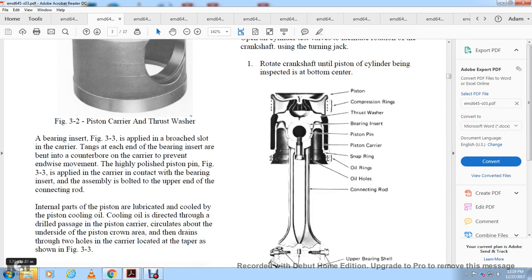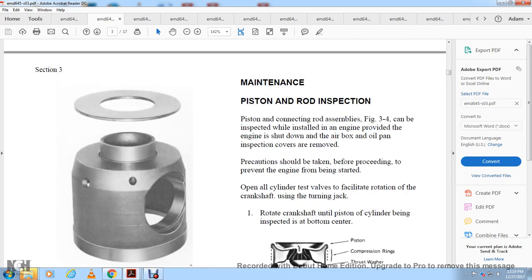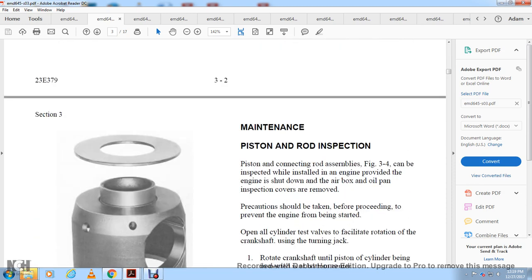Internal parts of the piston are lubricated and cooled with the piston cooling oil. Cooling oil is directed through the drilled passage in the piston carrier and circulates about the underside of the piston crown, then drains through the 2 holes in the carrier located in the top, as shown in figure 3-3. Maintenance, piston rod inspection: the piston and connecting rod assembly, figure 3-3, can be inspected